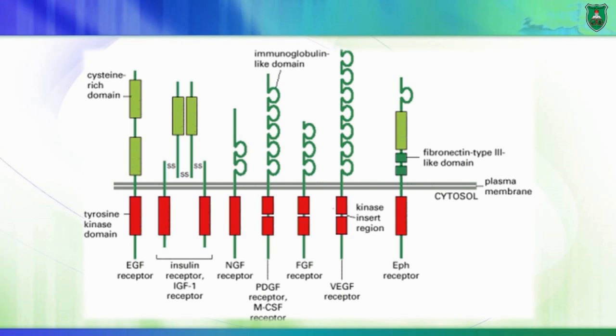There are different types and different shapes of these receptors. Some of them are actually heterodimers, like the insulin receptor. Others are monomers, just a single chain. You have receptors having repetitive domains, and some of them have the same common domain and different numbers. But what they have all in common is that they have a kinase domain right here intracellularly. So when a ligand binds to a receptor, this kinase domain is activated, and it can activate or regulate many signals. And that's why we call it enzyme-linked or